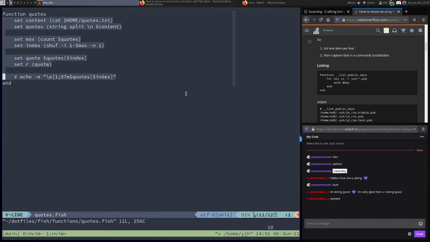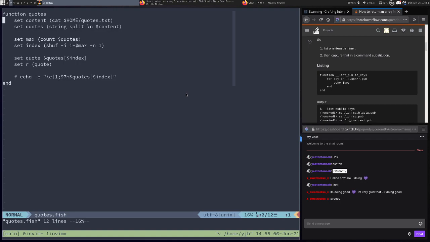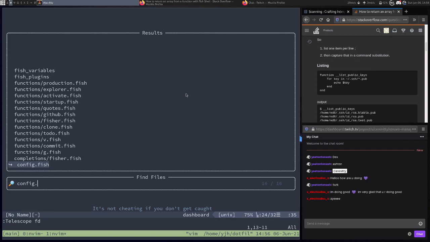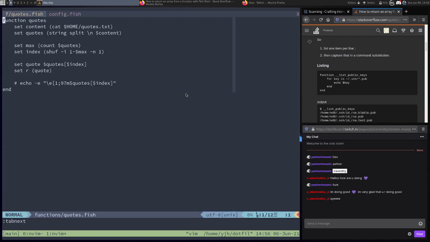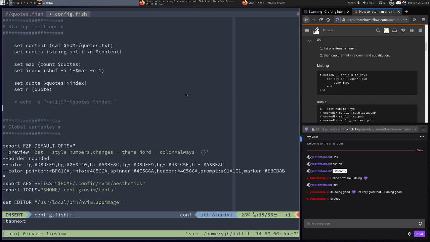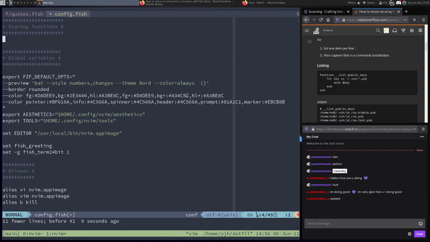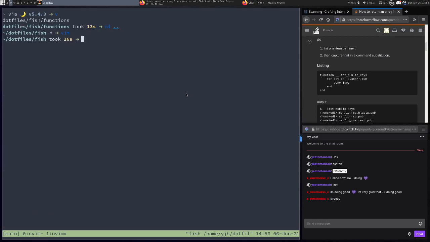So that means config.fish. Oh man, I'm in too deep. There you go. Okay, if I go to config.fish and I open up quotes.fish, not like that. There we go. Okay. So here I get this to come up here. Actually, no, I shouldn't even mess with this in the first place. Okay, so